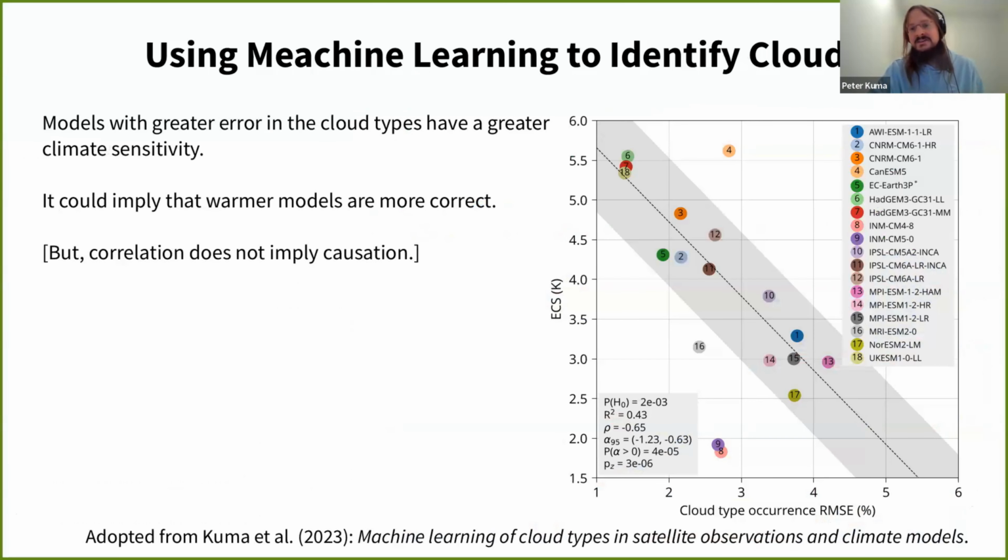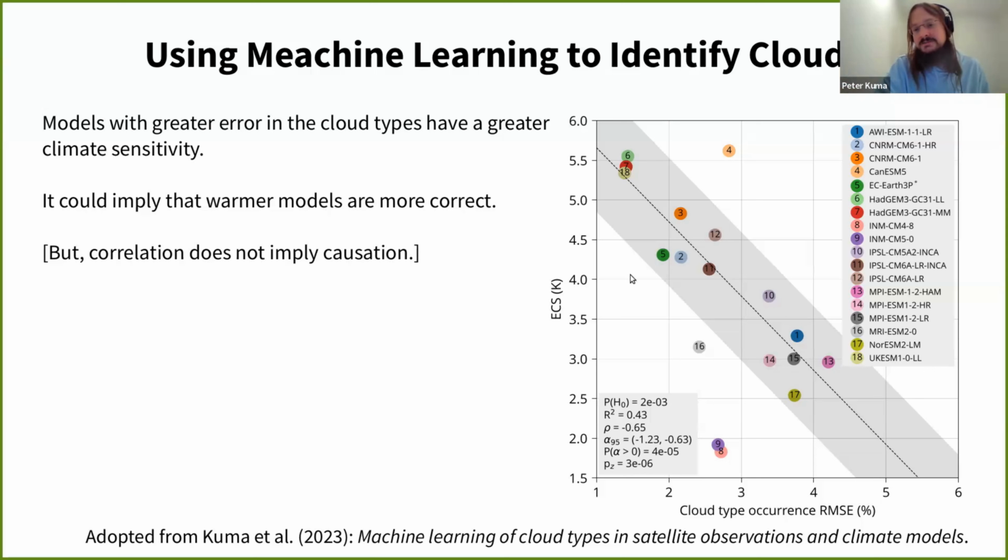As the last step, we could calculate what's called climate sensitivity, which is a parameter of the model that identifies how warm the model is, or how the temperature inside the model changes in response to increasing greenhouse gases. So we double the CO2 concentration in a model, run it for 100 years or several hundred years, and calculate how it changes the temperature inside the model. So it's the temperature change due to doubling of CO2.